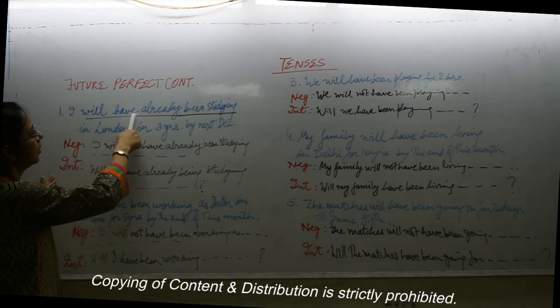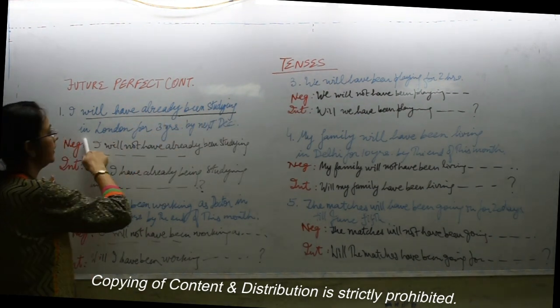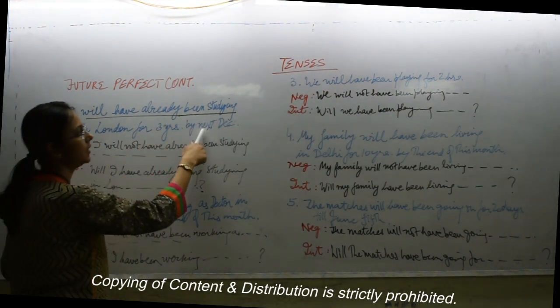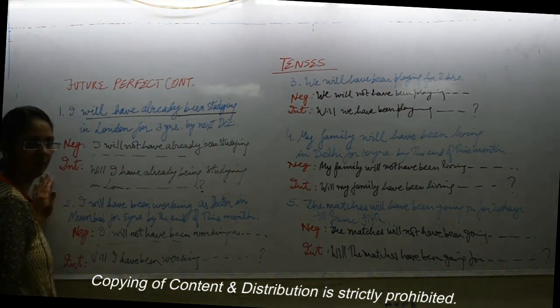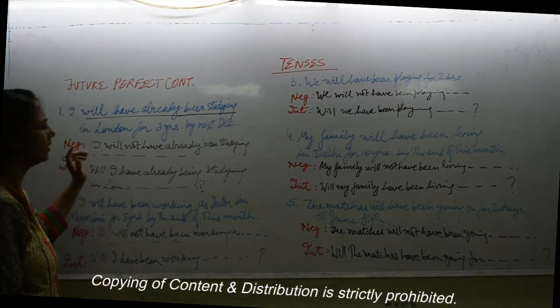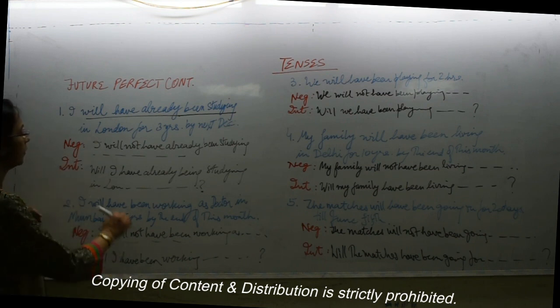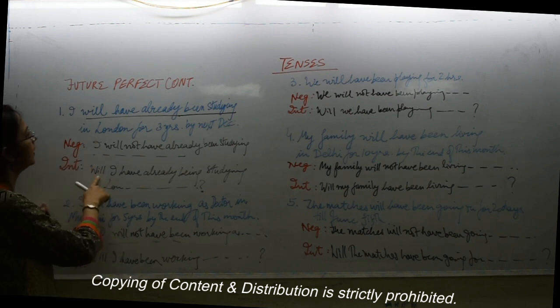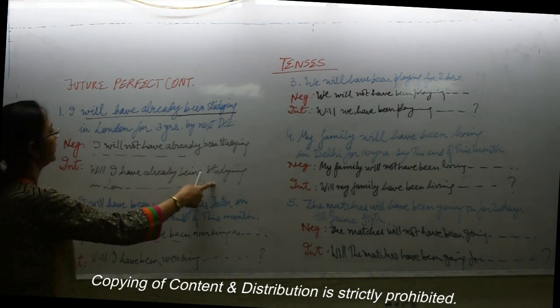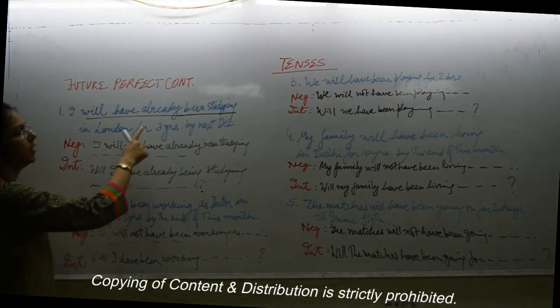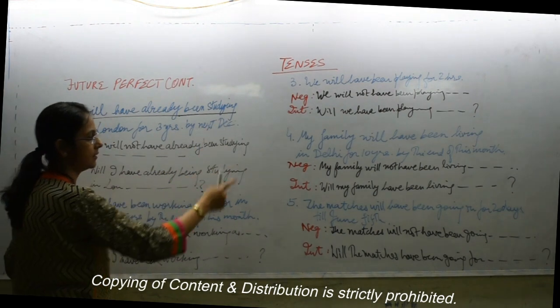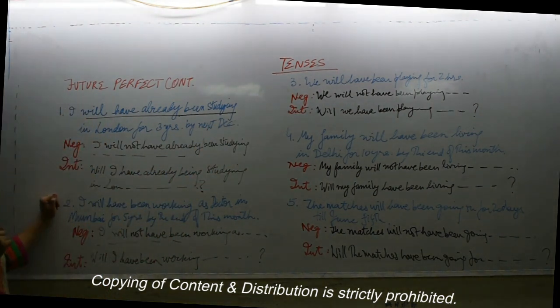So, I will not have already been studying in London for 3 years by next December. Everything will be the same. Interrogative, you have to put will in front. So, will I have already been studying in London for 3 years by next December,